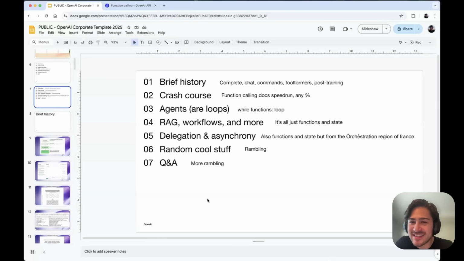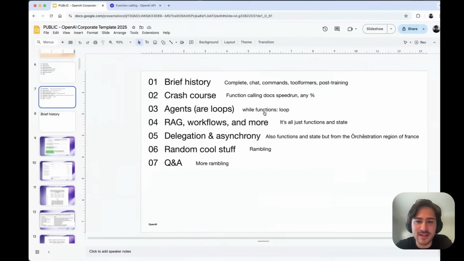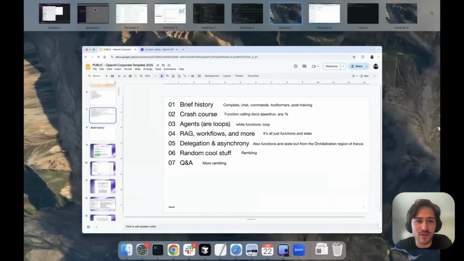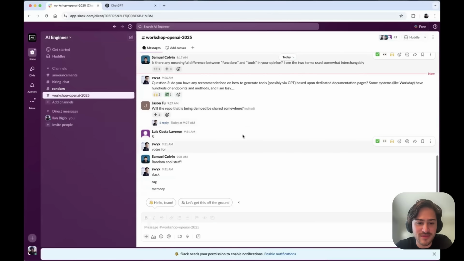Out of this list, can you type in the Slack what you want to see, and I can change the order in which we'll cover this, because they're pretty interchangeable. We can build up, but there are more interesting things later on, and I want to make sure we can build up to them. So if you can pull up the Slack and dump in what you're interested in seeing.